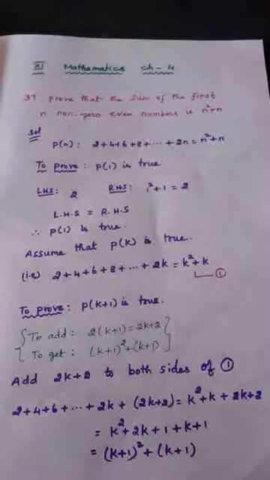Just a recapitulation of what we have seen so far in chapter 4. Again, I repeat, the chapter 4 name is Combinatorics and Mathematical Induction. In combinatorics, we saw two headings, namely permutations and combinations. Even in the previous class, I explained the definitions of those. We will recollect once again.